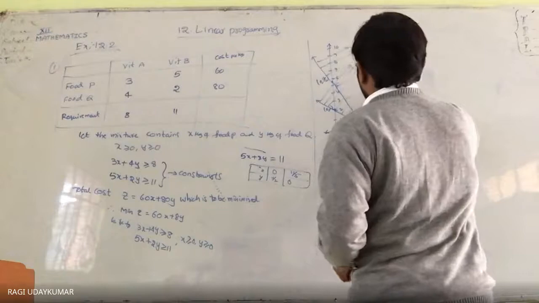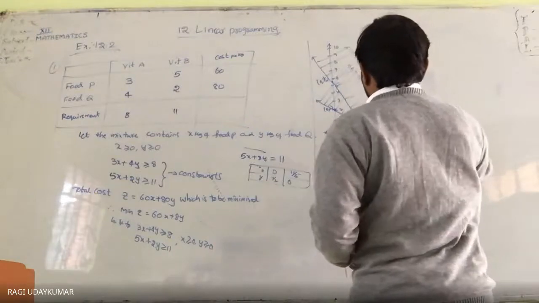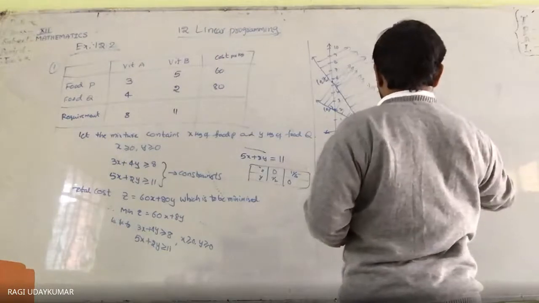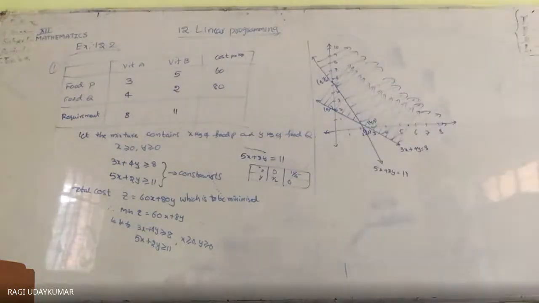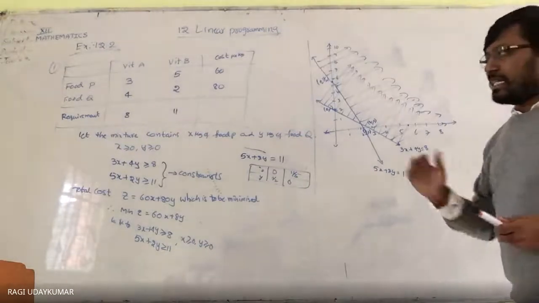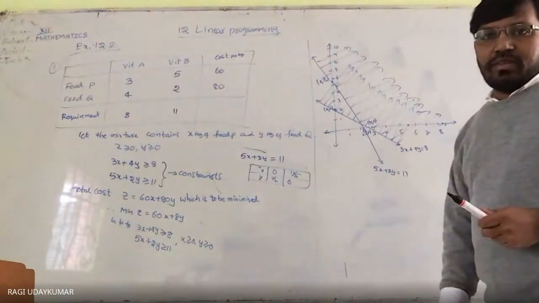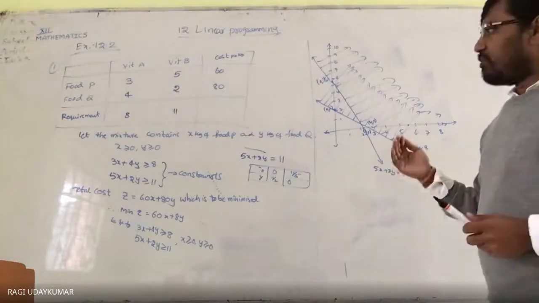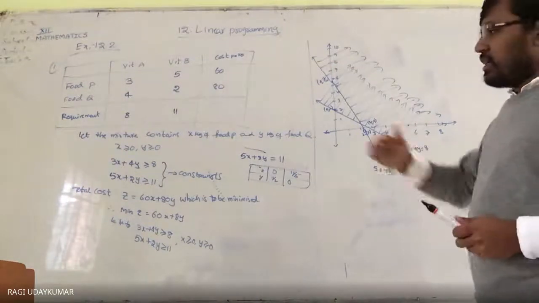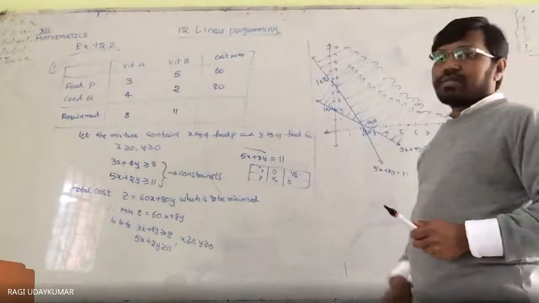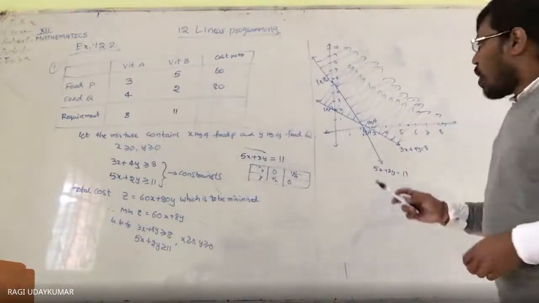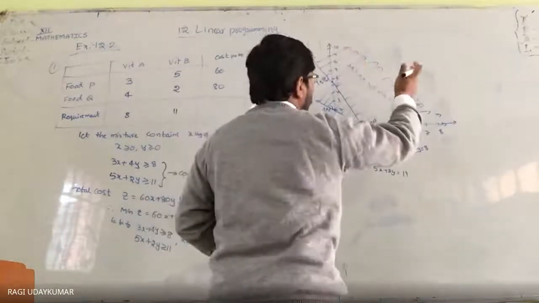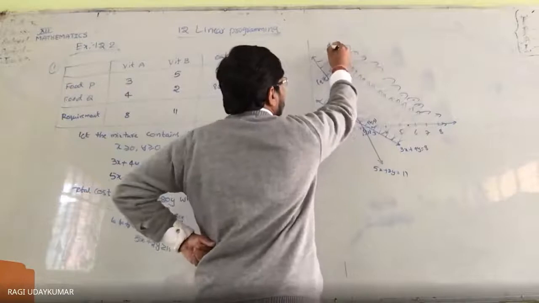So this is a problem of unbounded. See here, greater than is given to you. The problem is this is unbounded. Actually, this is deleted from your syllabus. But until and unless we solve the problem and see the constraints, we cannot say that. So what is the common region we are going to get? The feasible region is where we have both in common from this side.